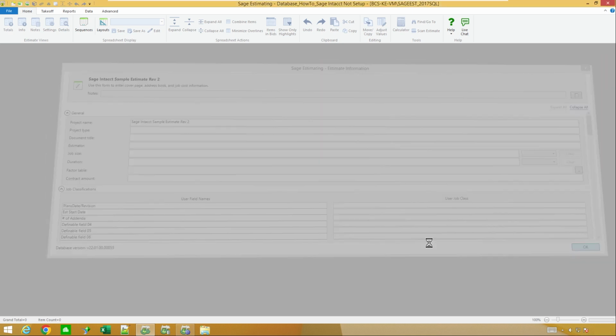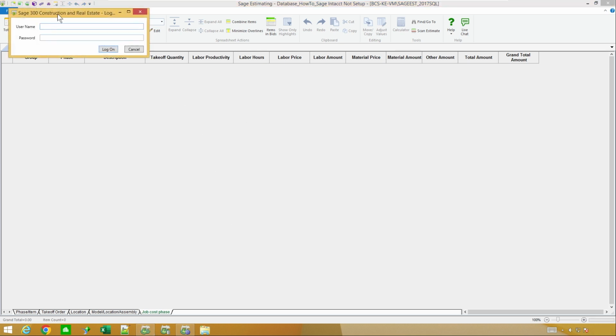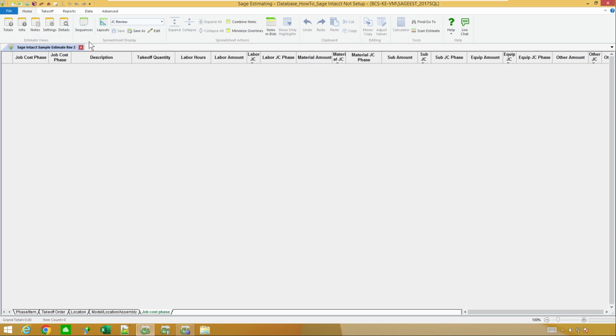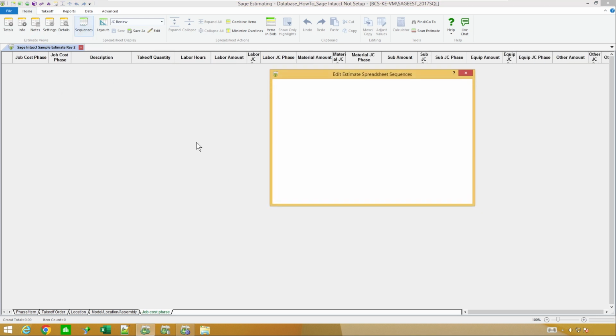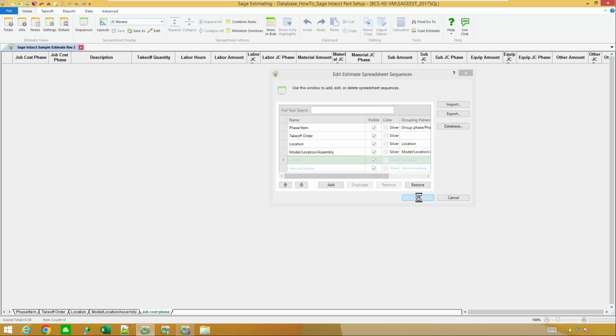And I'm just going to go ahead and accept the cover page the way it is. I'm going to get rid of one of the tabs at the bottom. Well, I'm going to leave it there because right now it's trying to go to my Sage 300 login. So in this case, I'm going to go ahead and get rid of the tab, because I'm going to say that probably a lot of users may not have that initially set up for 300 or not. So I'm just going to say remove. For some reason, it looks like I got a couple of dupes. I'm going to get rid of those.